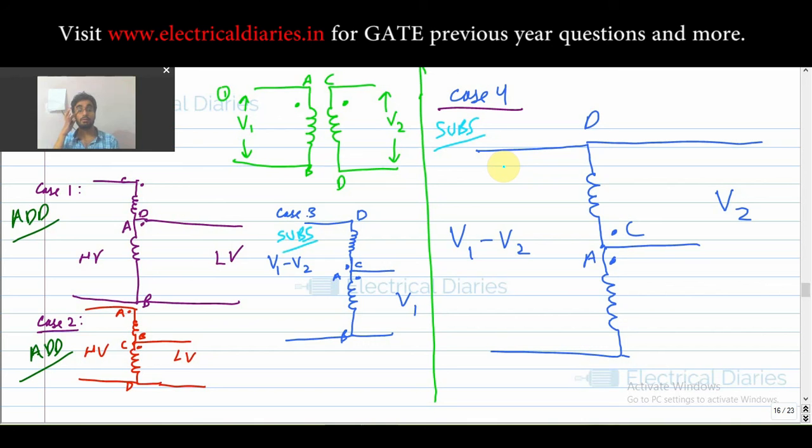So this is the overall discussion of the auto transformer and two winding transformers. If you're not able to get how I am judging the additive and the subtractive, and why these are adding, then I will explain it in some other video in detail. For this video this much is enough. If you just remember these diagrams and the patterns of the dots, then you can solve many questions.